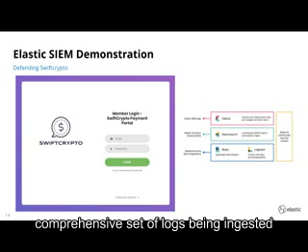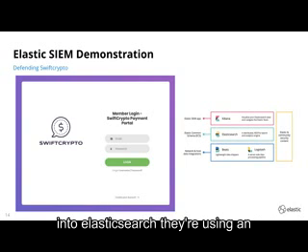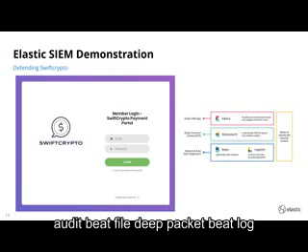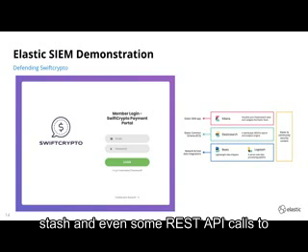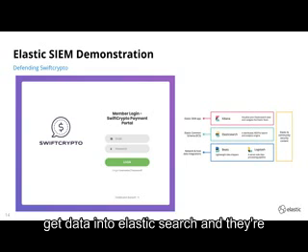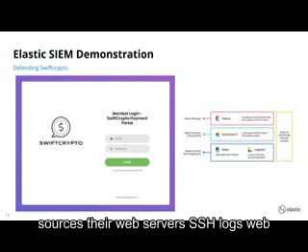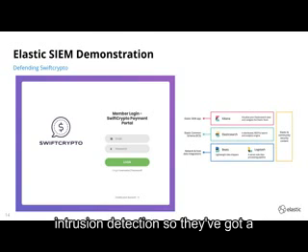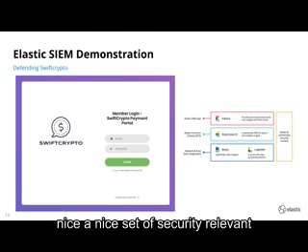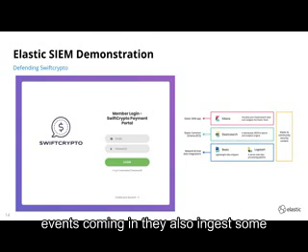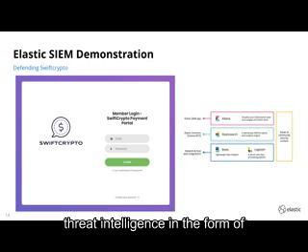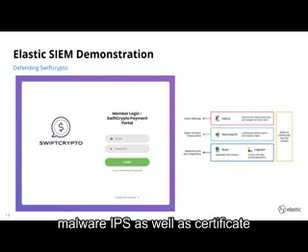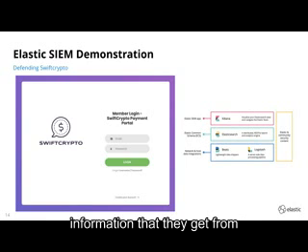And they've got a pretty comprehensive set of logs being ingested into Elasticsearch. They're using Auditbeat, Filebeat, Packetbeat, Logstash, and even some REST API calls to get data into Elasticsearch. And they're collecting events from a variety of sources. Their web servers, SSH logs, web application firewall logs, DNS, email, host intrusion detection. So they've got a nice set of security relevant events coming in. They also ingest some threat intelligence in the form of malware IPs, as well as certificate information that they get from